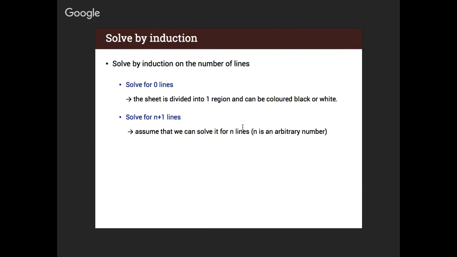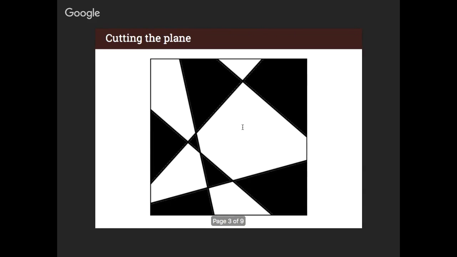So this is induction. I can try to define induction, but I have to use advanced mathematics. We can define induction mathematically, but it's much easier to work through examples or to explain it in English. I assume for n, and I try to prove for n plus 1. I've got n lines, and the coloring is working fine, but if I add one more line to this, let's call it the graph, can I still do the coloring?